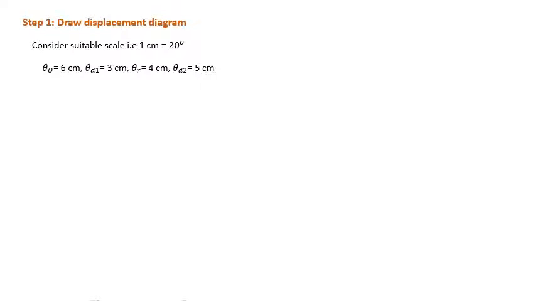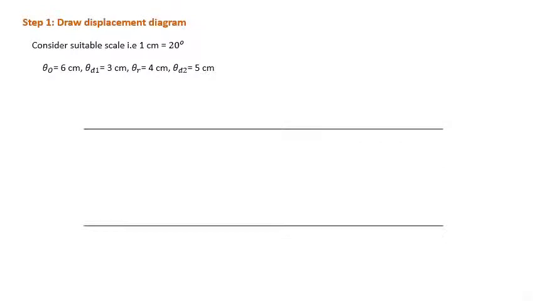Now always the first step in the displacement diagram is we have to draw two horizontal lines. The distance between these two horizontal lines should be equal to the stroke length. In the problem given, stroke length is equal to 40 mm. Once we draw these horizontal lines, next we have to divide them into different strokes. The first one is outstroke. So mark 6 centimeter on this horizontal line, then draw the vertical line. Next, take 3 centimeter from this line, then mark and draw a vertical line like this.